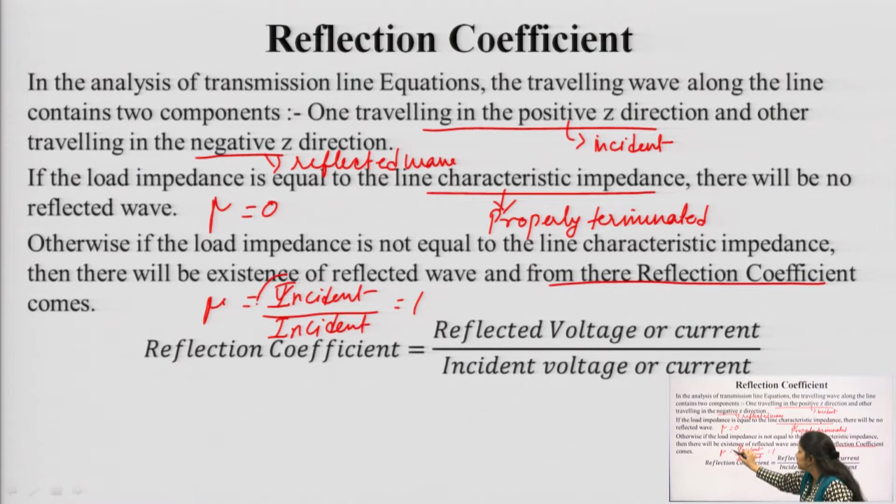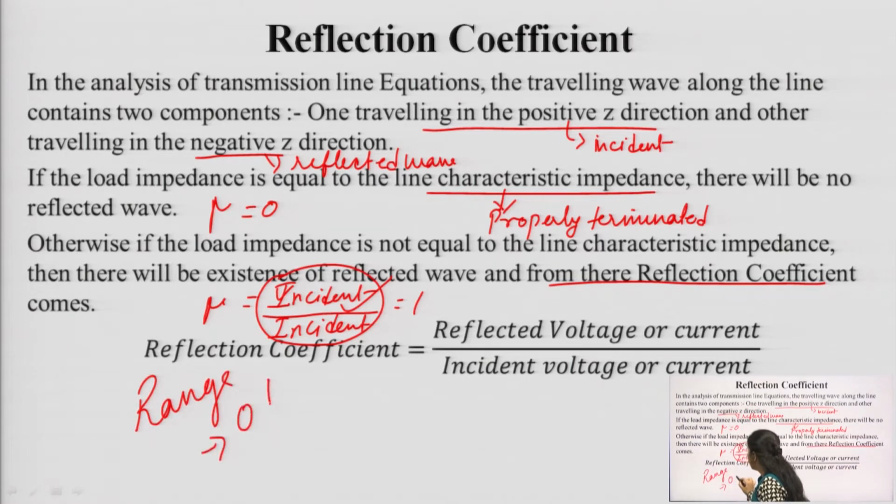The worst case is when all the incident wave is reflected back, and in that case the reflected wave should be equal to the incident wave, and the reflection coefficient is given by reflected upon the incident. So, the complete wave is reflected, the incident upon incident we can say. So, the range of reflection coefficient